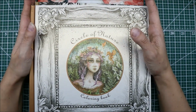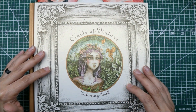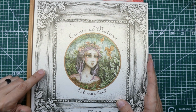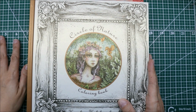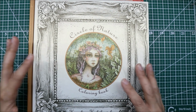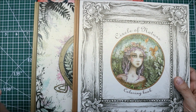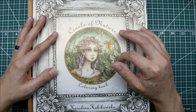So for today's video, I thought that we would take a look at Karolina Kubikowska's new book. If you watched my video from Monday, I mentioned that I had picked this up, and there were some requests for a flip through of it. So I pulled a couple of the other books just for comparison, but let me talk real quick about this